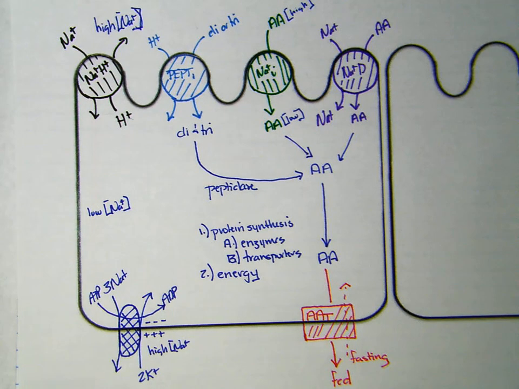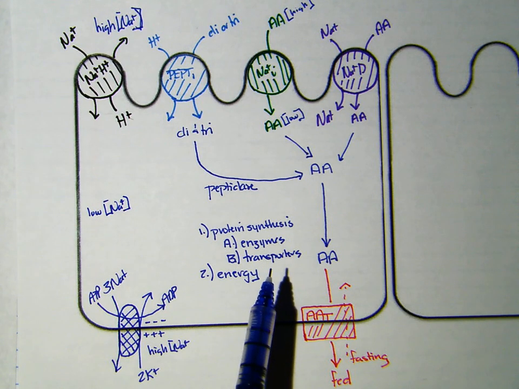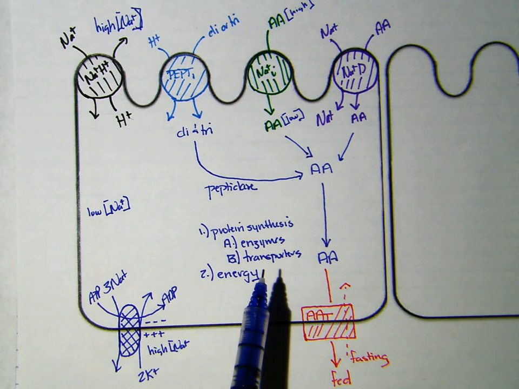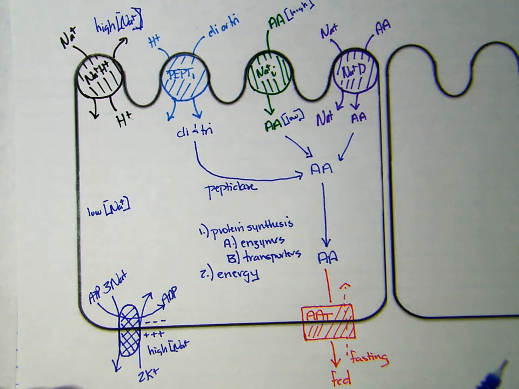So those are both competing for sodium concentration gradients when we're having both glucose and amino acids absorbed. Something we want to think about also when we're looking at the enterocyte is that our enterocyte's producing aminopeptidase, it's producing dipeptidyl aminopeptidase, and it's producing tripeptidase. Okay, so